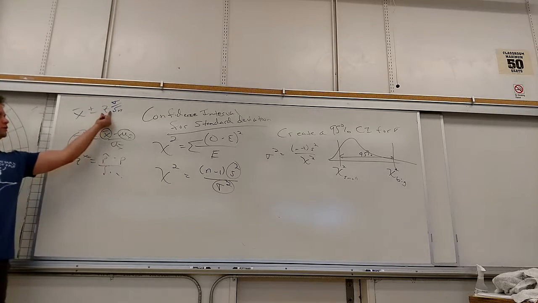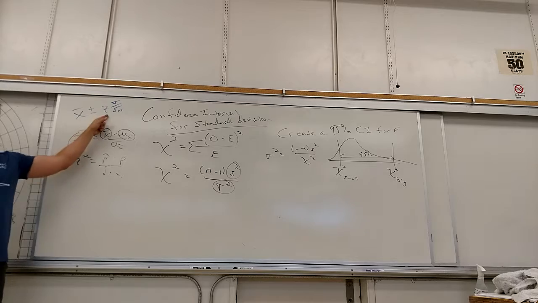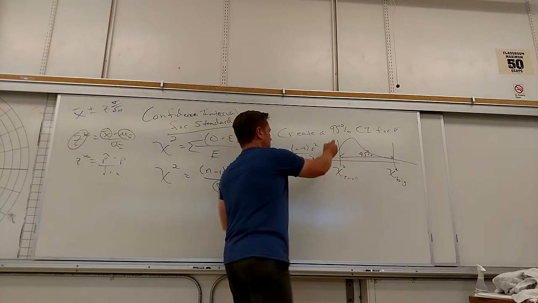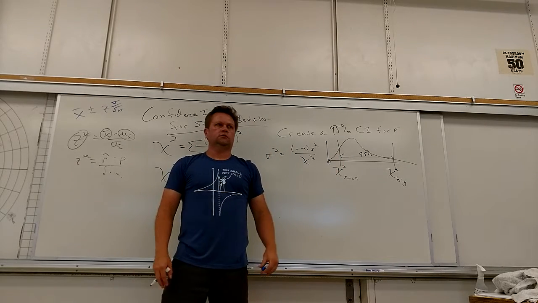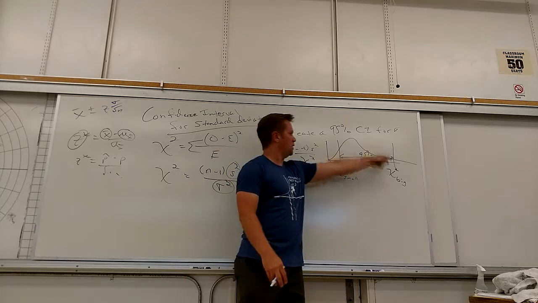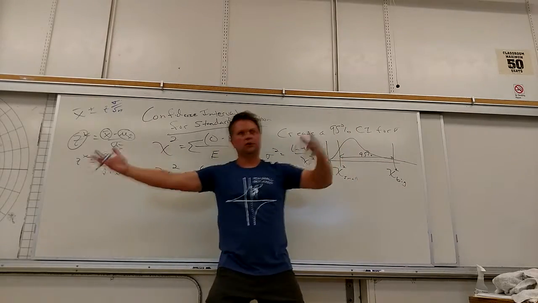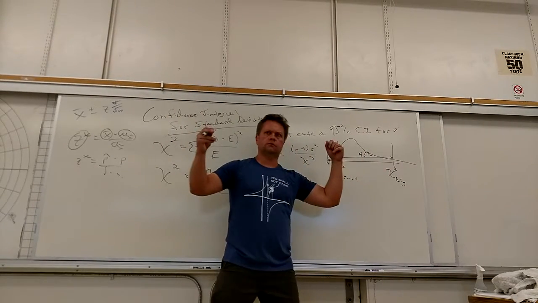Why is this formula easy? Because it's symmetric. The normal distribution is symmetric. I just need a positive z and a negative z. Is this symmetric? Does it have any chance to be truly symmetric with the numbers? No, because that's 0. Even if it was symmetric, it would still be like 2 and 10, not negative 2 and positive 2. There can't be any negatives here.